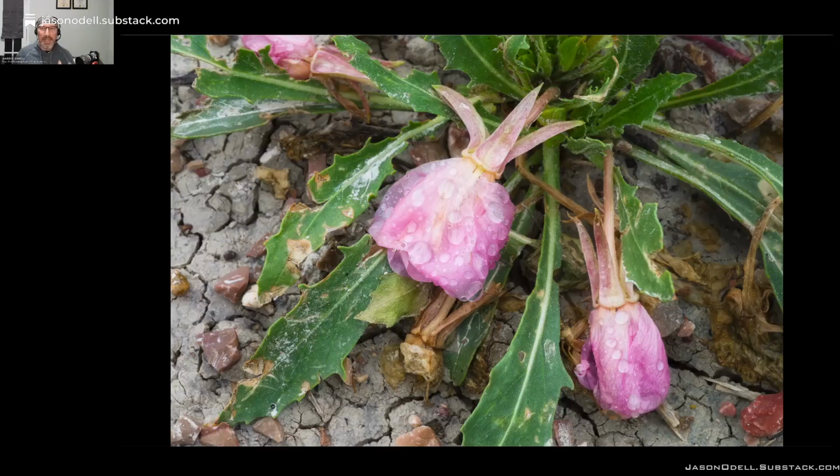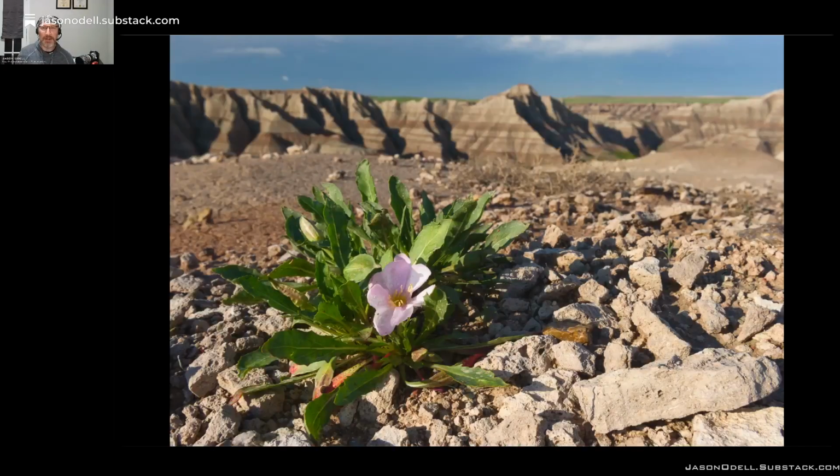And that mud is not my friend. If you end up getting rain out there and you're out in the Badlands, this mud is so thick. It's literally clay. And when I say clay, it's like walking in plasticine on your boots. It just starts encasing your boots, and it's damn near impossible to scrape off because it's not regular mud. It's really thick clay. So later in the season, when it's not so rainy, it's a little bit kinder to go hiking out there. And there's that flower in the Badlands setting,